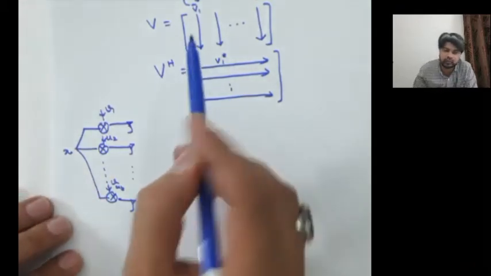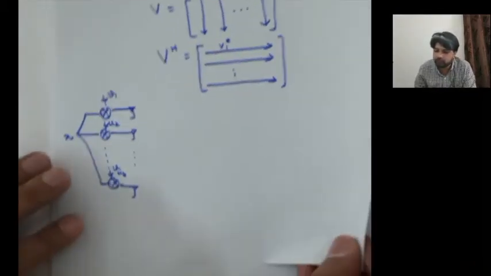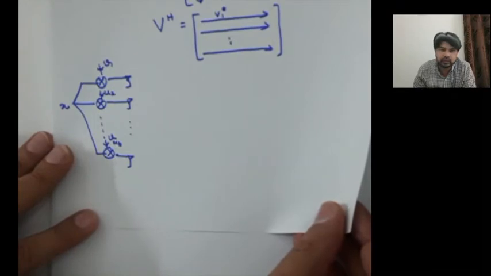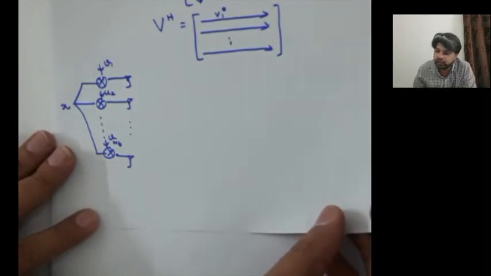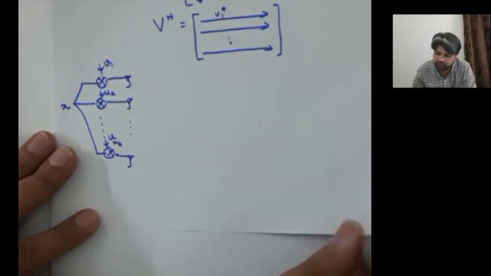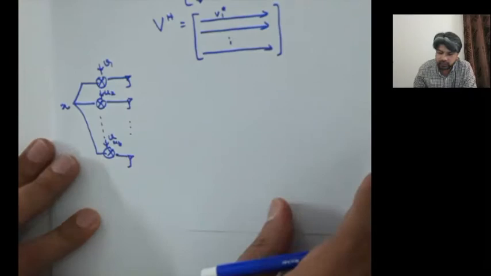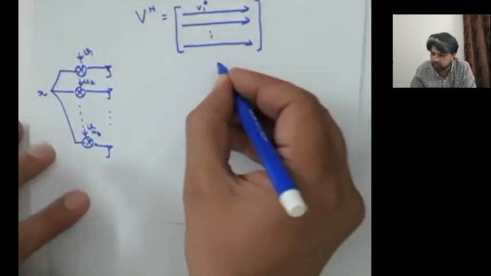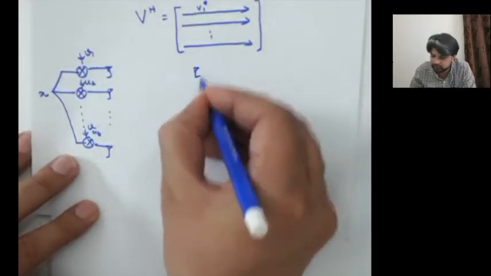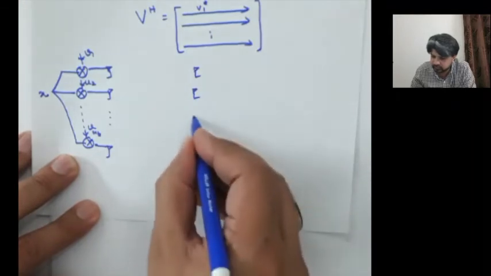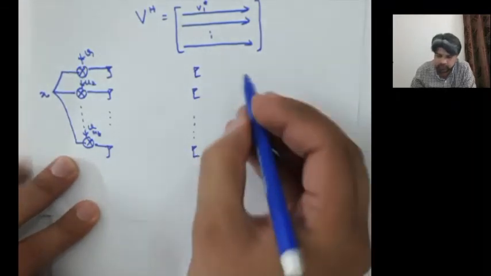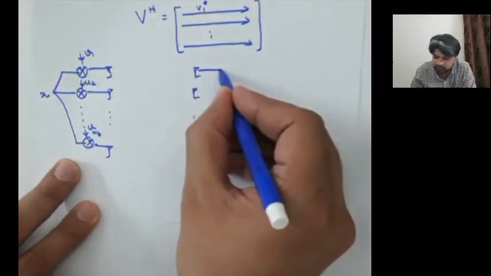So what you have done is you have pre-coded your signal by V, where V is the first column of the V matrix. You would transmit this from all of these antennas, right? And at the receiving end, once you have received these signals, your MR receiving antennas, you would multiply